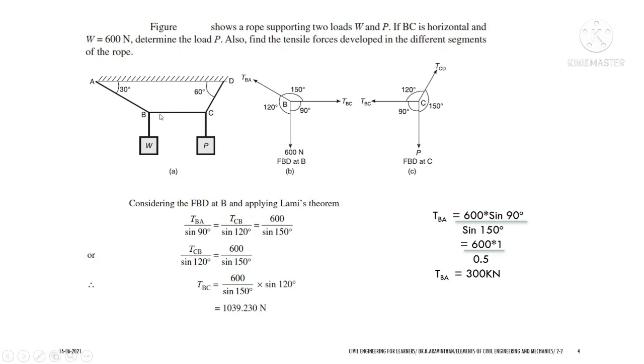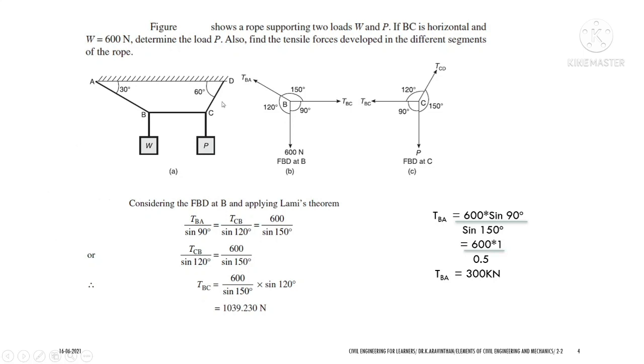Okay. So let us split into two cases. So let us take joint B, and if I am taking joint B, a 600 kilonewton is hung here, and there are two forces, that is BA and BC. So these are the two ropes, TBA. So tension is acting here and another tension is acting at BC, TBC. Yes. So in this point you have three forces. So we have only considered the point B, and at B you have three forces. Now you know that if you have three forces and if you know the angle, you can get the rest of the forces by using Lami's theorem.